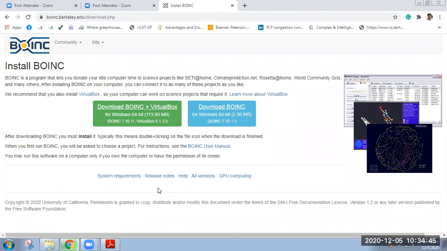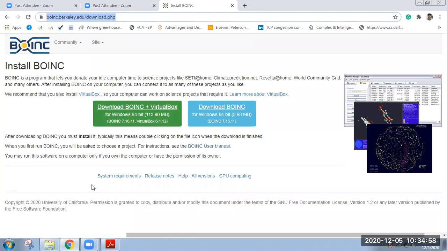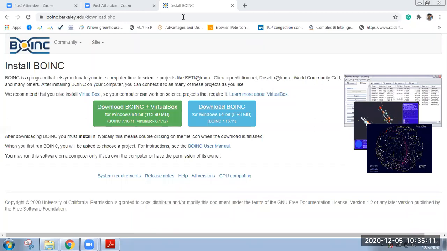Have you downloaded it? How many of you have downloaded it? Are you getting this option? Let me share the link in the chat box. I have shared the link in the chat box, so you click there and download it.